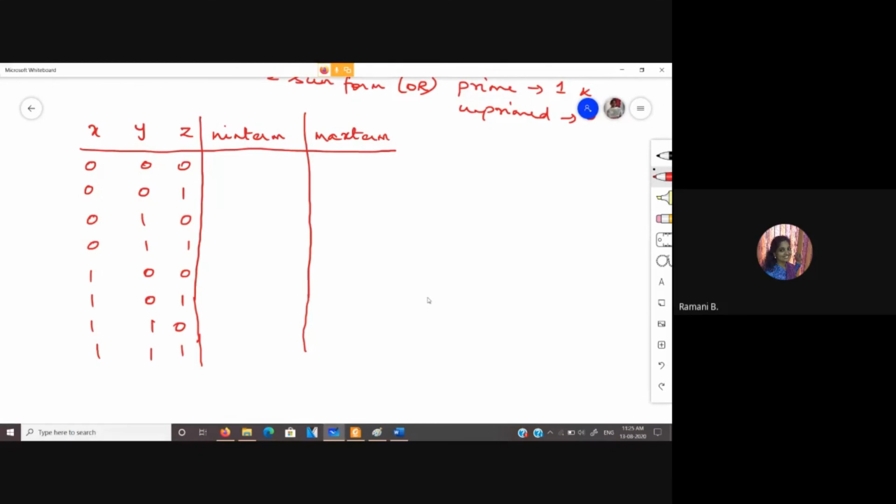With respect to min term, we write this as x bar, y bar, z bar. So you have all the variables involved in the particular expression and you denote them in primed or unprimed fashion. When you denote it as a primed variable, it implies that variable has value 0. Writing in unprimed form, that is x bar, y bar, z, because z has the value 1.